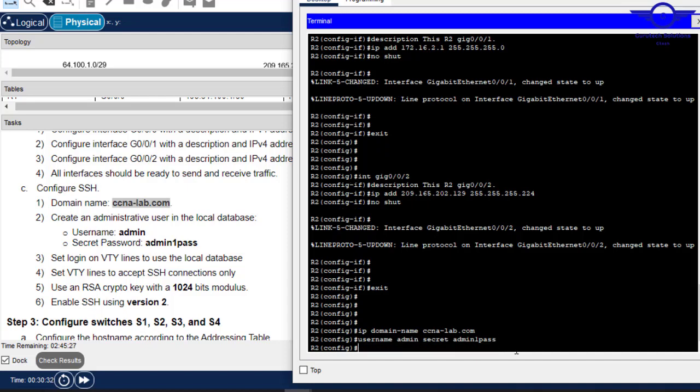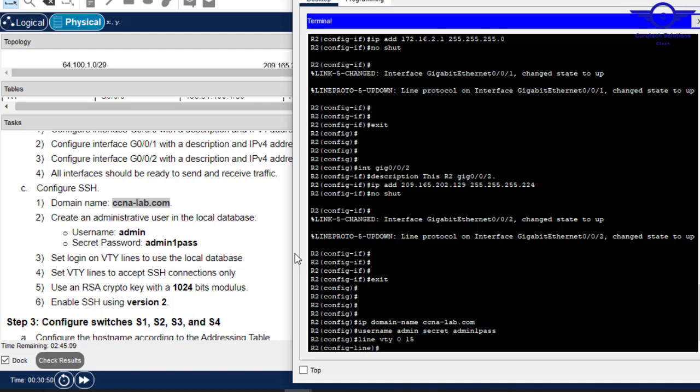Okay, all right. Set login to VTY lines. So line VTY 0 to 15. We always have 16 interfaces on the VTY line, so 0 to 15. Okay, set to local database login, local,